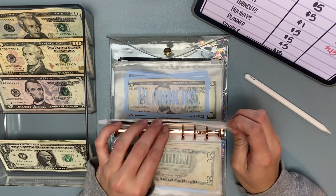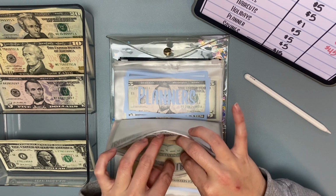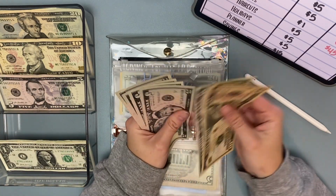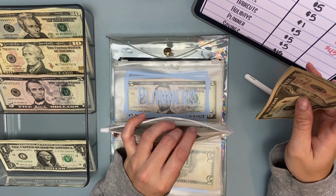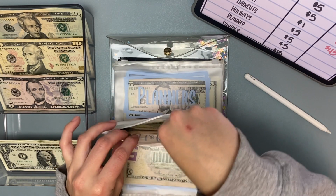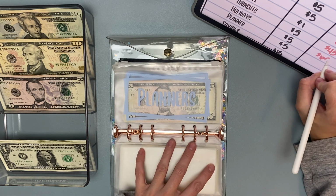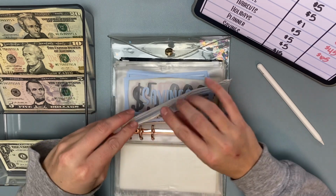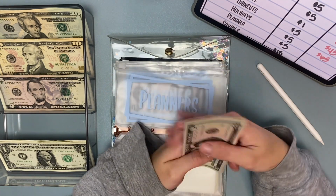Holidays is getting 5, and we are working on Halloween. $10, $15, $25, $35. So 35 in Halloween plus 30 in Indigenous Peoples Day means we have 65. Planner, guess what, is getting 5. 5, 10, 15